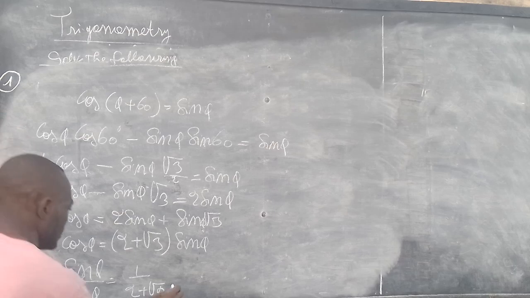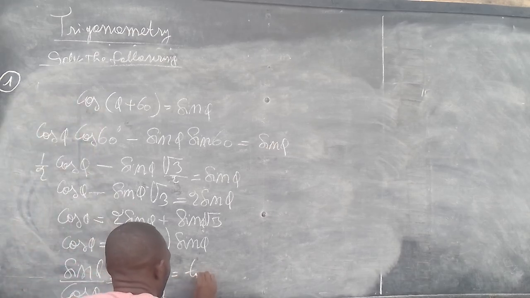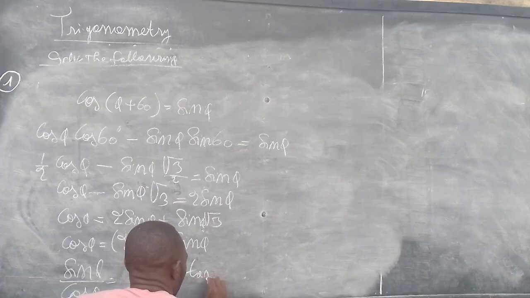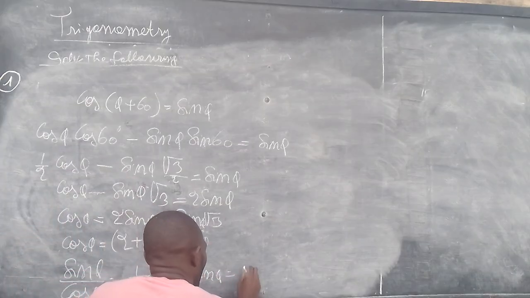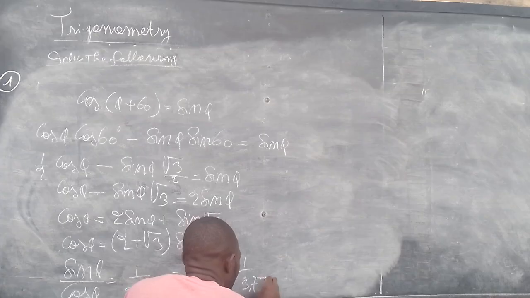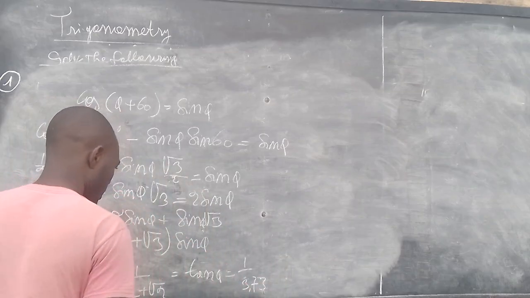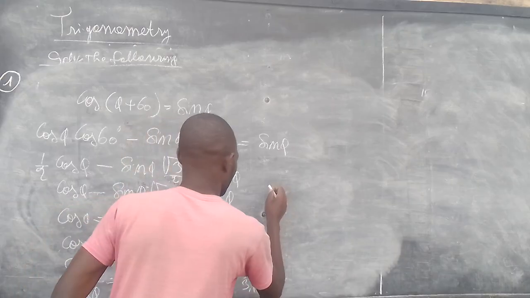Yeah, this we will have tan phi, which is equal to 1 over 3.73, okay. So means that our phi will be equal to